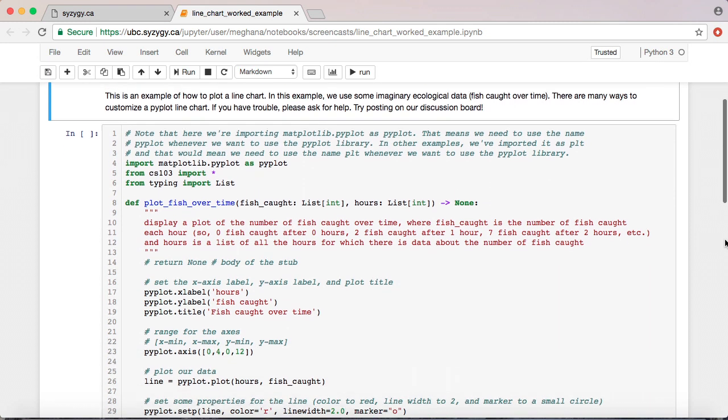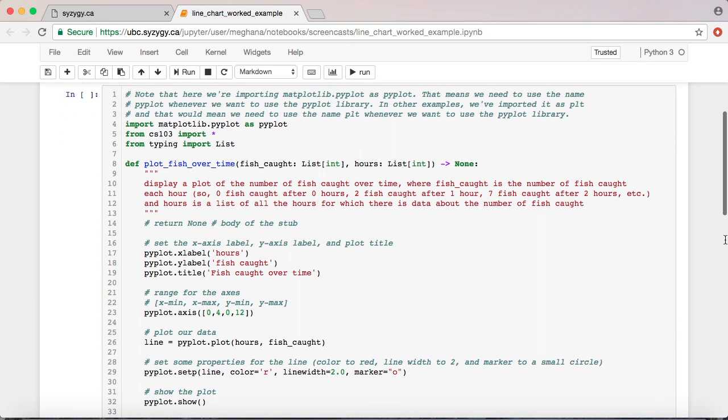Scrolling down, here I have the function definition, and I can see that I need to set the labels, the x-axis label and the y-axis label, and the title. And I see a call to axis, but I know that's optional. If I want to set the axes endpoints, I can, but PyPlot will do that for me automatically, and hopefully it will do a good job. Usually what I do is try designing my function without a call to axis, and then if the axes seem off, I set them myself.